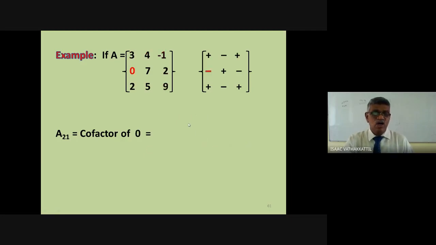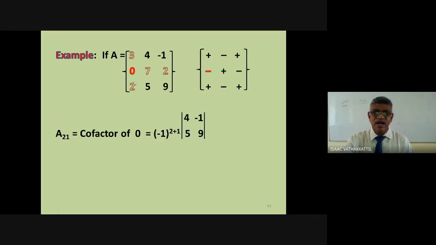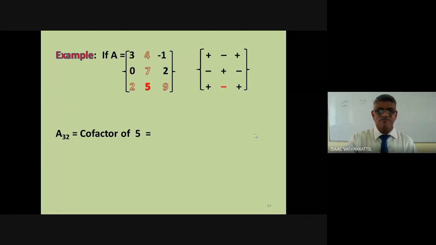So we have the cofactor of A21, that is the cofactor of 0. What is that? Can you find out? If I ask, I'm sure you will get it. Remove the row and column containing that, and we get the cofactor. And the sign, I'm going to assign minus here. The value will be 36 plus 5, that is 41, and then minus is assigned, so minus 41. Cofactor plays a major role, that's why I'm taking more examples for cofactors.